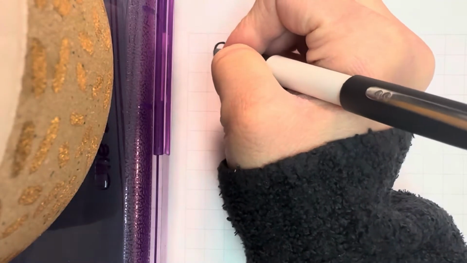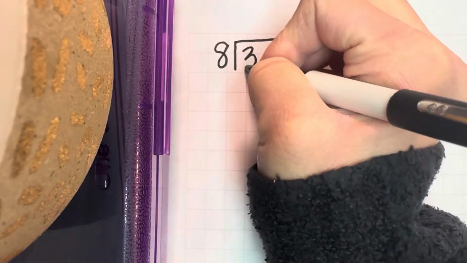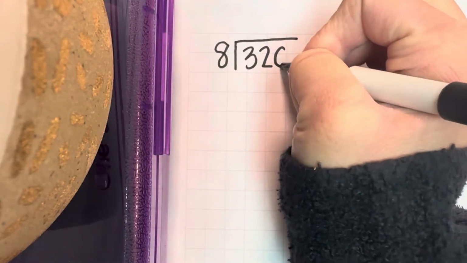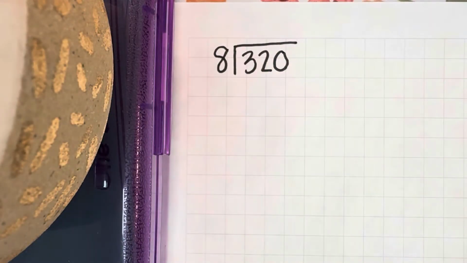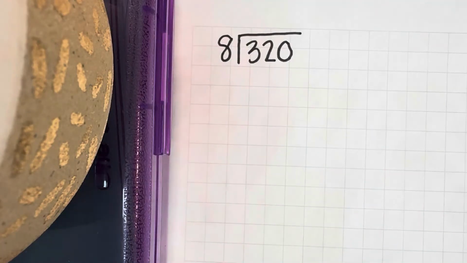Okay, so today I'm going to show you how to use the box method while you are dividing. So my equation is 320 divided by 8. Okay, so at first I'm going to want to build my box, and it is very